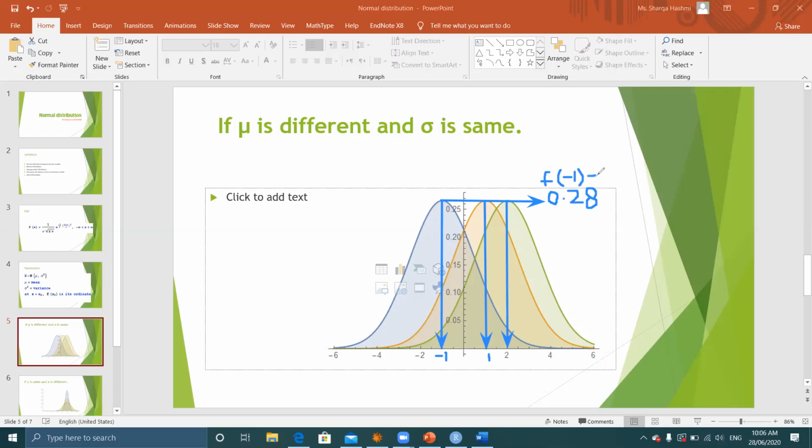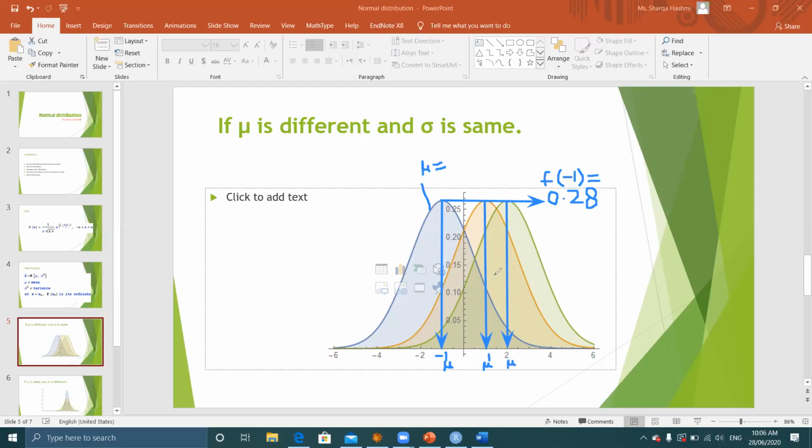Is equal to 0.28. For the orange distribution, height is again 0.28, but now function is 1. Here the parameters are different. Its parameters are mu is equal to, mu always lies in the center of the distribution. So this is mu of the first distribution. This is the mu of the second distribution. And this is the mu of third distribution. So mu are different,